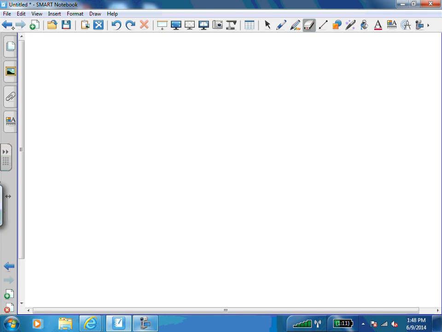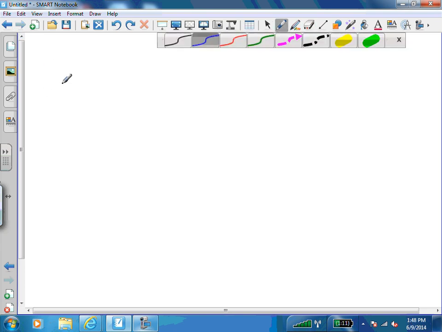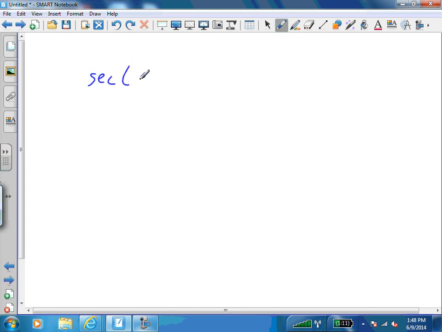But what I do want us to spend a little bit of time working with is simplifying some expressions like this. Now, if we had angles or ratios in here, for example, if I had tangent of arc cosine root 3 over 2,